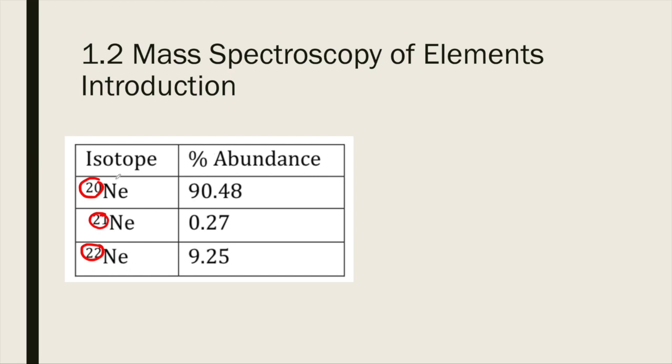And here we see that neon with mass of 20 is 90.48% abundant. 21 is 0.27 abundant. And so this is less, right? So we know that this is the most, and then this is last, right? So, how do we find the average mass of neon here? So, we'll go ahead, take this mass, so 20,